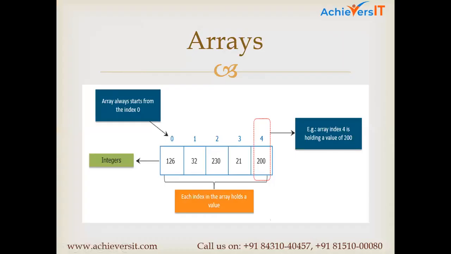In Java, it provides two types of data structures to store multiple values or multiple objects. Maybe when you studied data structures in your BTech or BE, you studied all the data structures, right? That is nothing but a collection of objects, where you use list interface, set. All these are used for storing multiple elements. So we have two types of data structures to store multiple values, that is arrays and collections.